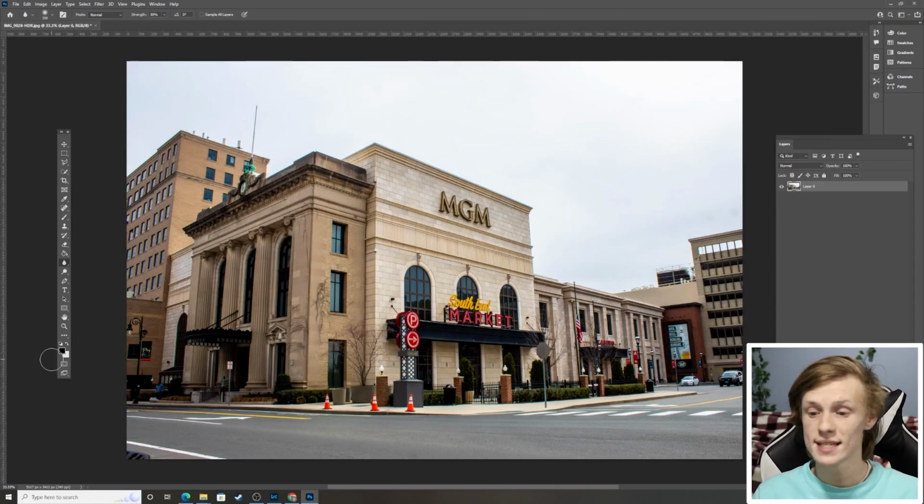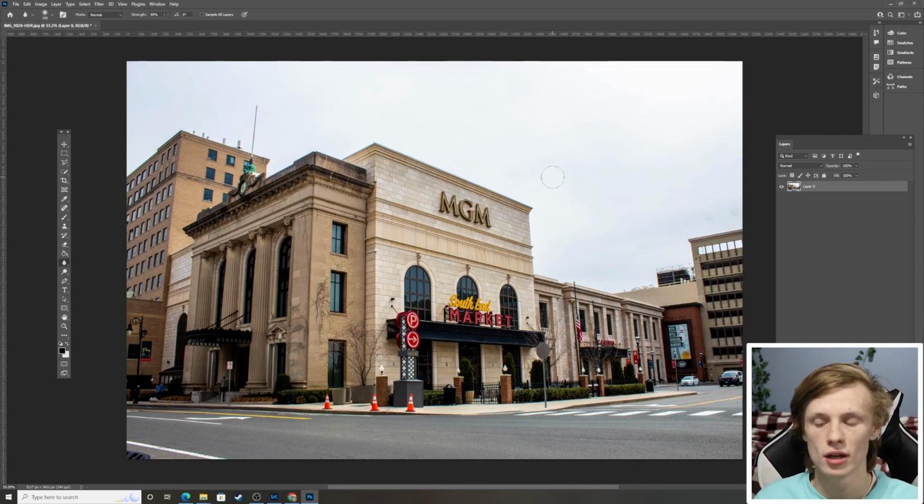Alrighty, guys, so as you can see, I am now in Photoshop and I have my picture all imported up in here. As you can see, this is an otherwise beautiful picture. I think everything came out well with it. As you can obviously see here, this whole sky is just white. It's just boring as heck, and that's how the sky looked on that day, but that's not how I want this picture to look when I frame it and send it to other people. So I'm going to be showing you guys the two different methods of taking out this